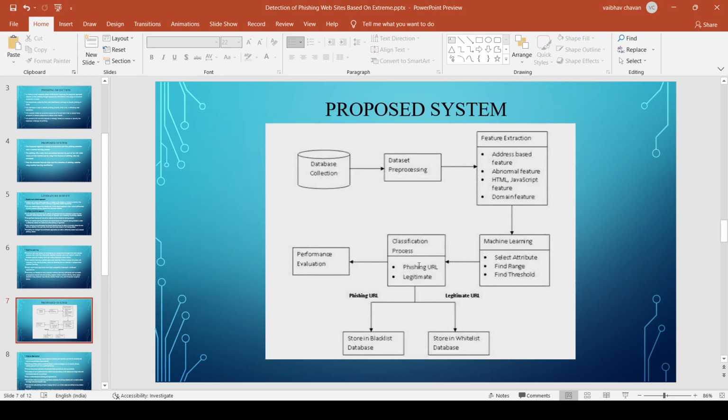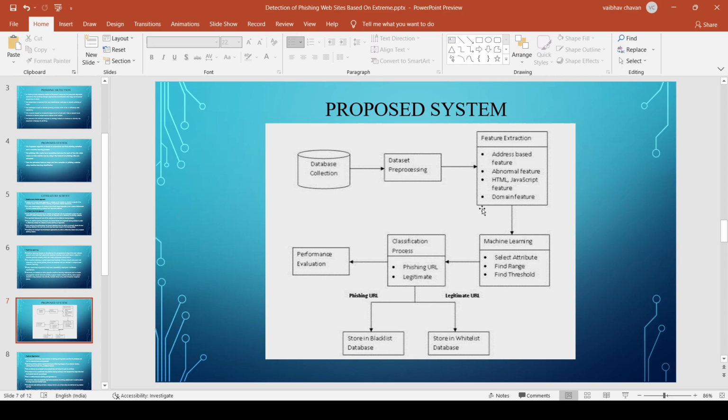Proposed system. Here is how the system should work. We have to collect data from the different sites which are malicious or which contain diversions for phishing. Then the data is pre-processed to identify whether the particular site is malicious or not.